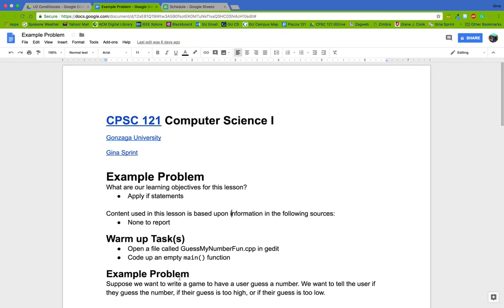How the game works is we'll have the user guess a number. They're trying to guess a secret number that they don't know. We'll tell the user if they guess the number correctly, if their guess is too high, or if their guess is too low. We'll use this example problem in this video, but it won't be a complete game. We'll add on to this example problem over the course of the semester as we learn more and more topics